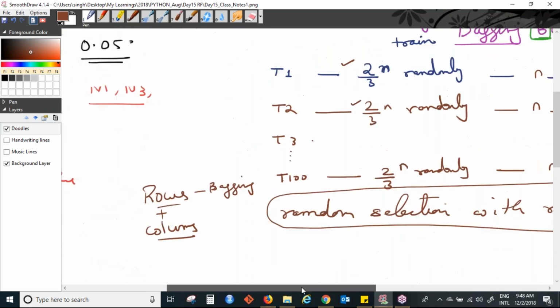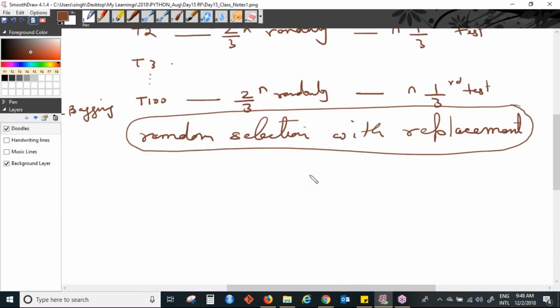So how is it done? Let's say we have p columns in total. By default you will take root p columns randomly for each tree.